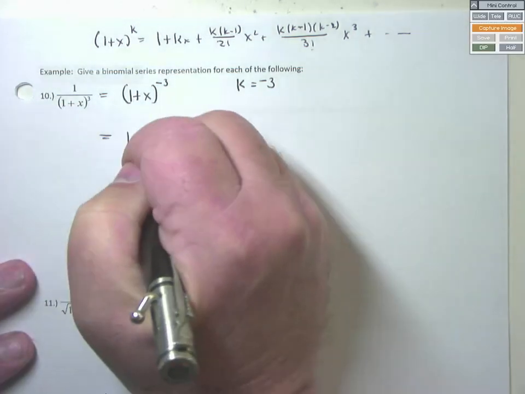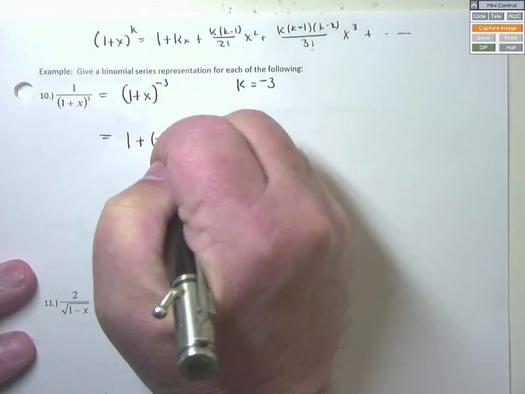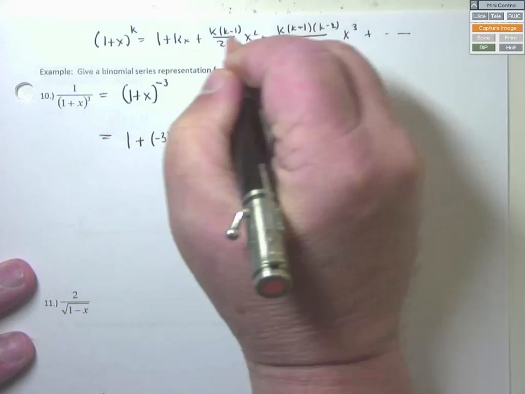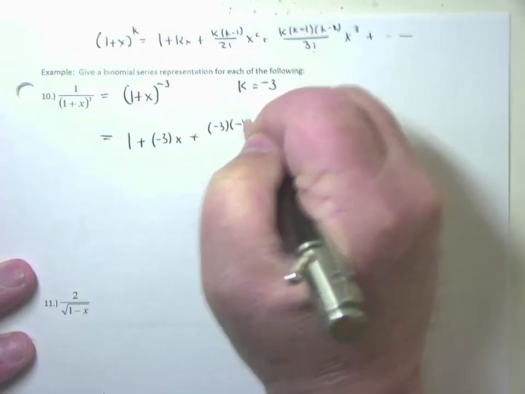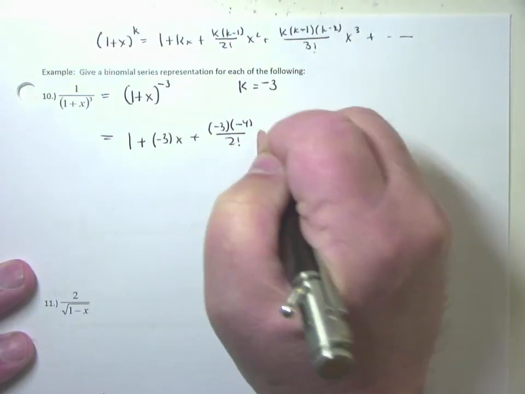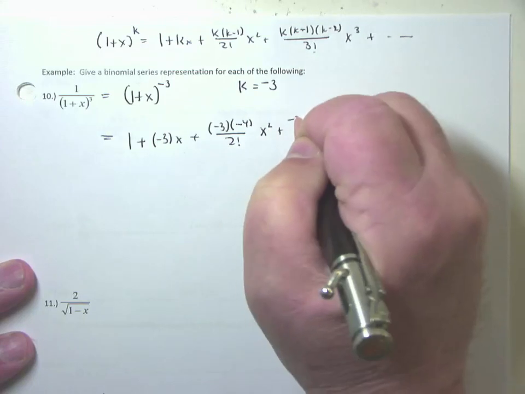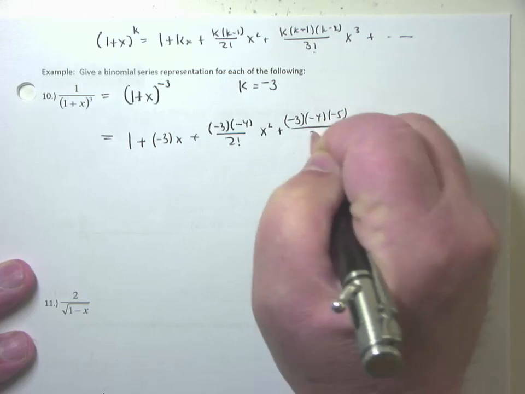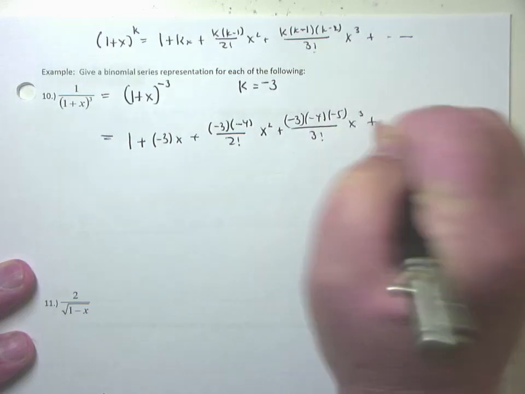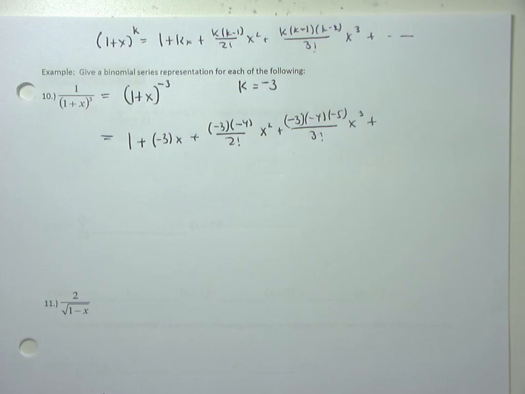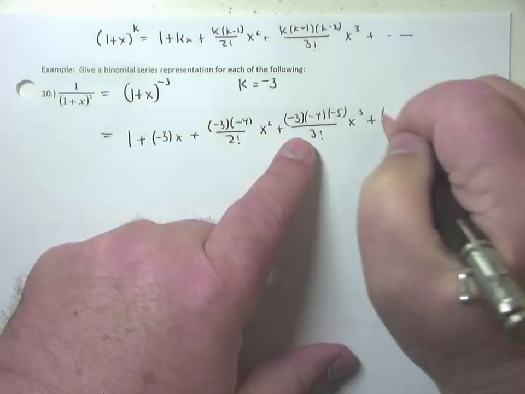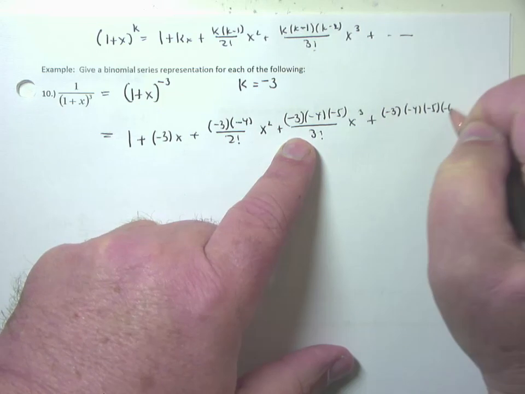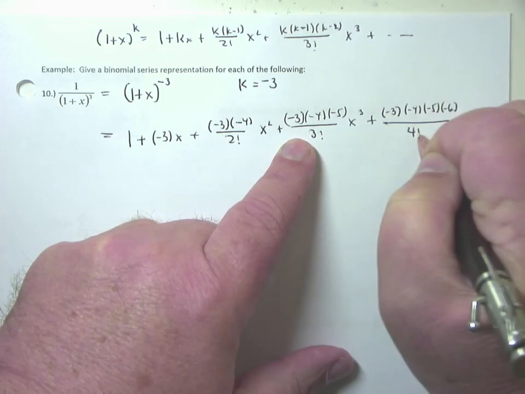This will be 1 plus negative 3 times x, k is negative 3, plus negative 3 times negative 3 minus 1, which is negative 4, over 2 factorial x squared, plus negative 3 times negative 4 times one more negative, negative 5, over 3 factorial x cubed. Now, I didn't write the formula for the next guy. Can you catch the pattern on it? It's going to be negative 3 times negative 4 times negative 5 times negative 6 over 4 factorial times x